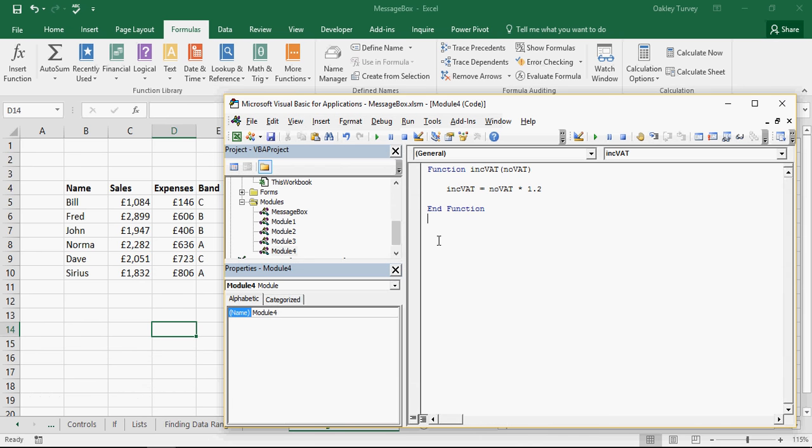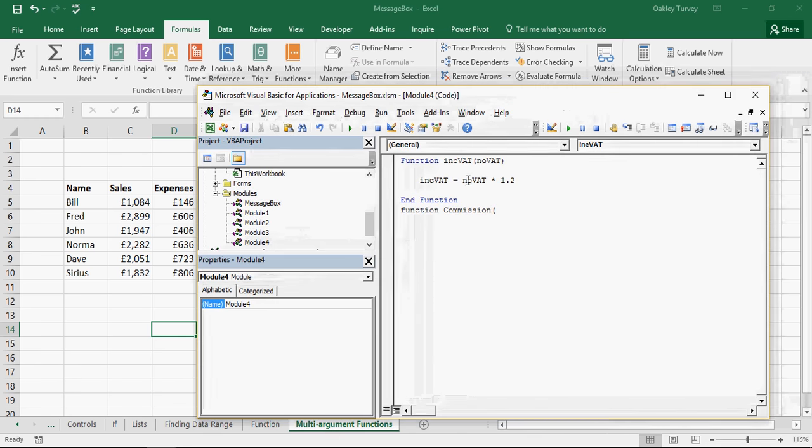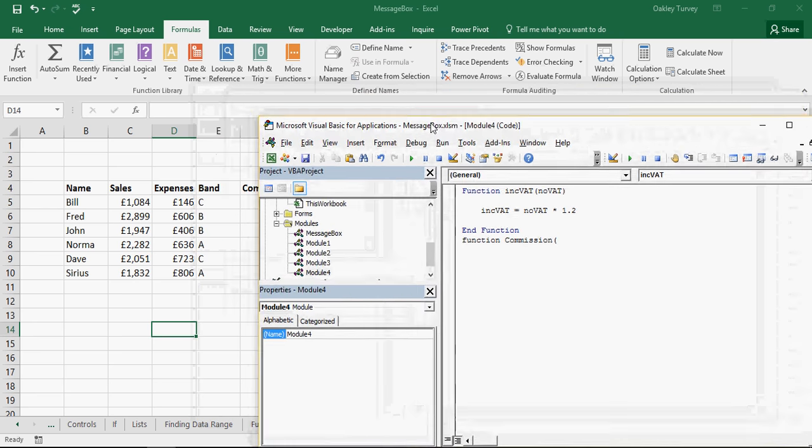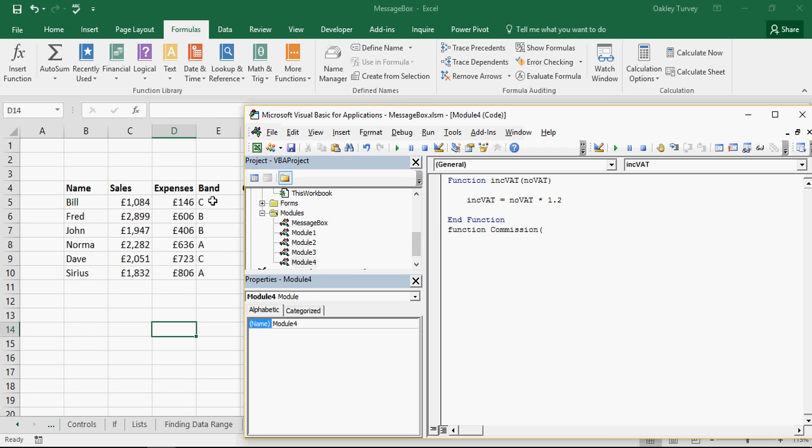So again, down here, start off by saying function commission, and now this time I can put in the 3 different arguments. I'm going to type in the 3 different arguments as sales, expenses, and band. Okay, you'll notice how when I have separate subroutines or bits of code, it actually puts the horizontal bar across there. Now this function commission,